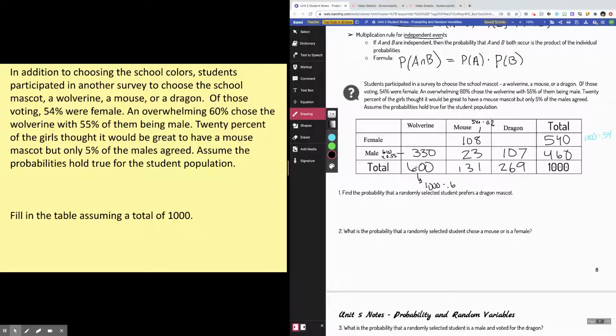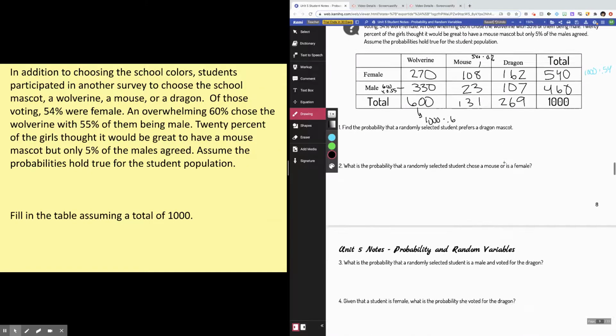Okay, I know that the total number of females who voted for Wolverine would be 600 minus 330, which is 270. Okay, and then I know that my total number of females who voted for dragon would be, there's a couple ways you can calculate this, but the easiest is to do 269 minus 107, and you get 162. Okay, so now that you have this two-way table filled in,